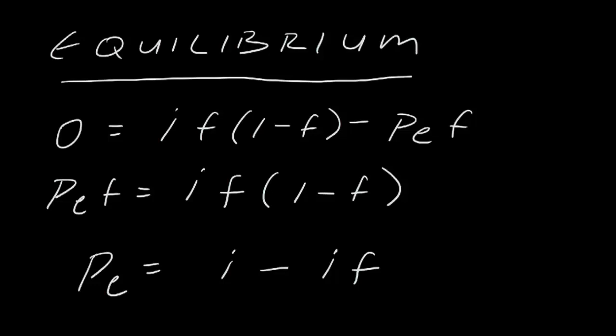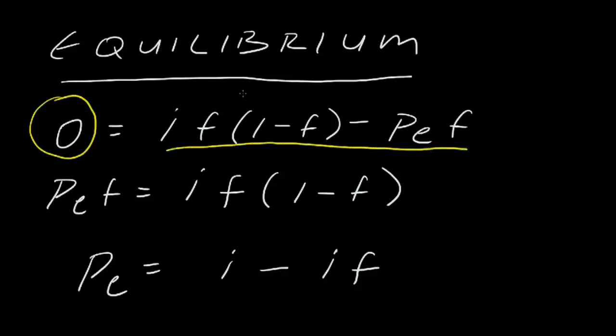So let's say we want to estimate F, the fraction of sites at equilibrium. And we can do that by, again, setting the left side of our equation to 0. So the change in the fraction of sites over time in our system is 0. It's unchanging, it's stable. And that then leaves us with the rest of the equation that I just showed you. So this is I, this part of the equation, and this is E, the extinction part of the equation. And all we're going to do, as we've done before, is use a little bit of algebra to solve